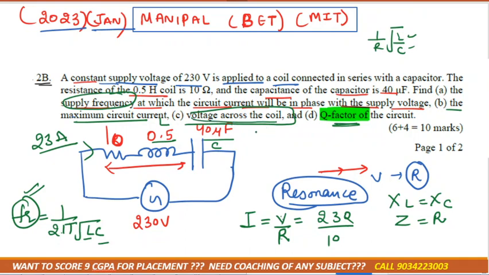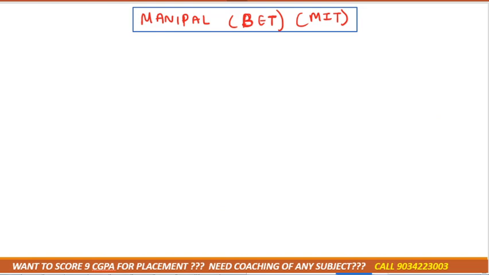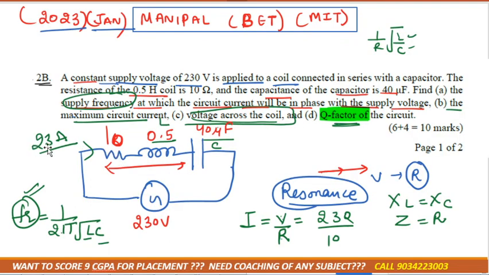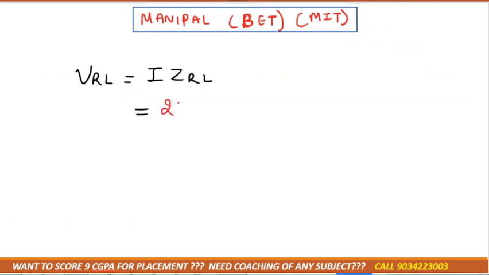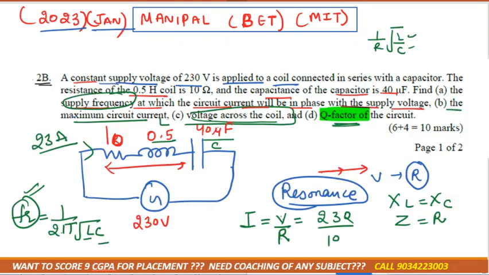Next they'll ask you the voltage across coil. Voltage across coil means they'll ask you VRL. VRL is how much? I into ZRL. I we already calculated, that is 23 ampere. ZRL is how much? Root of R square plus XL square. R is there and L is there, XL also, right? Because XL is omega L and fr we already know. So simply we can substitute it, then we'll get